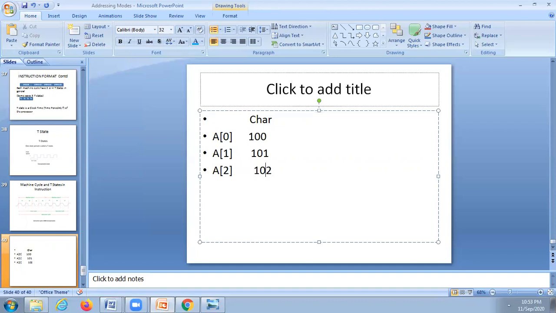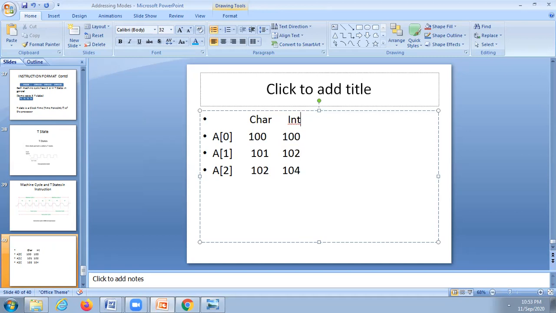If you are storing integers in array a, and a of 0 address is 100, then a of 1 address is 102, and a of 2 address is 104.